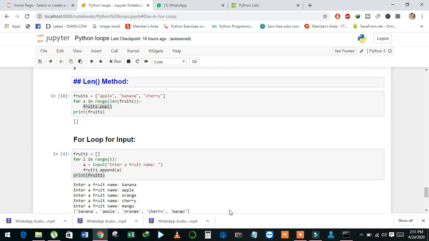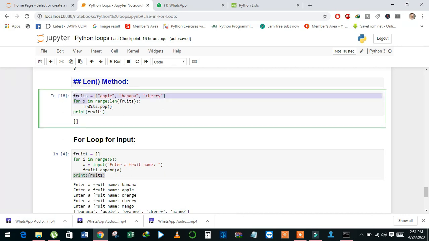Next we will discuss the len method. In the range method, we can call len to access the length of a tuple, list or string. And see here, in this example I want to explain the use of the len method to access the elements of a list.